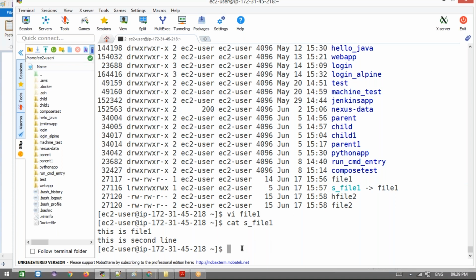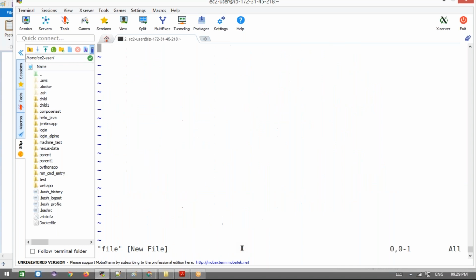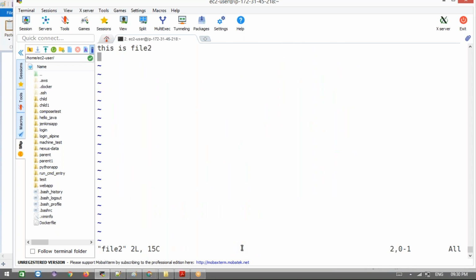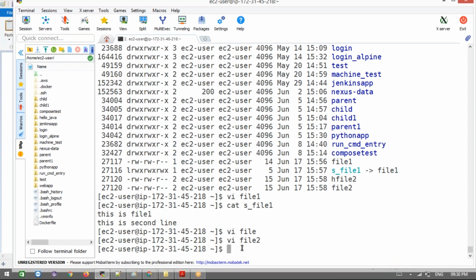Okay. Then now just open the file two. Open the file two.